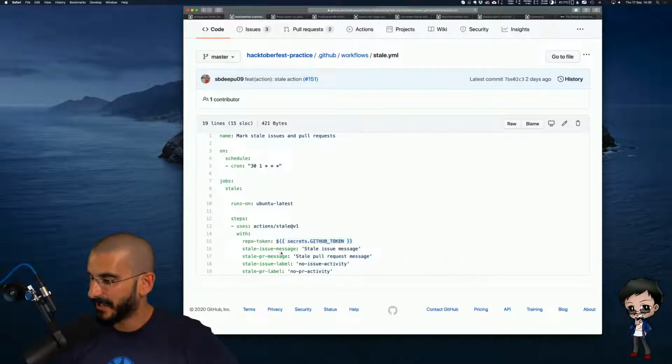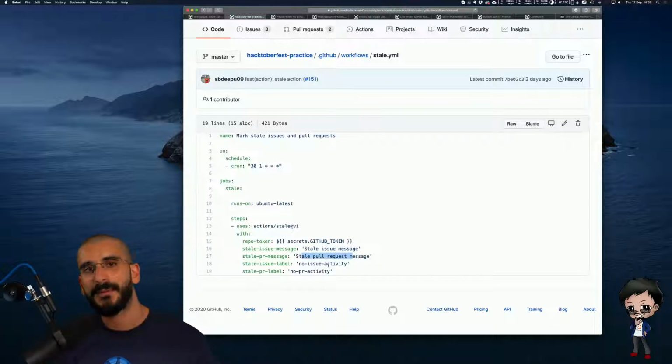And then, yeah, you can put some messages of what goes in. And it's a really good way to clean up your backlogs. If issues have been around for months and months with no activity, then the stale bot puts a comment in and says this has been stale for over 30 days, or 25 days, since I think there's a 5-day warning by default, which you can also configure by passing in another option. Then you can put a comment and say, oh, I forgot about this.